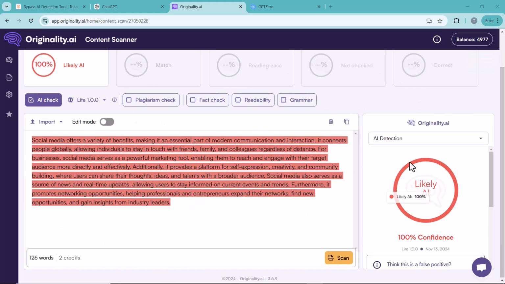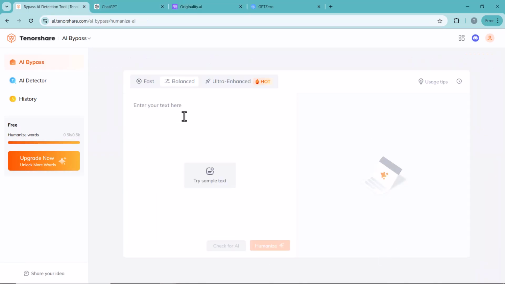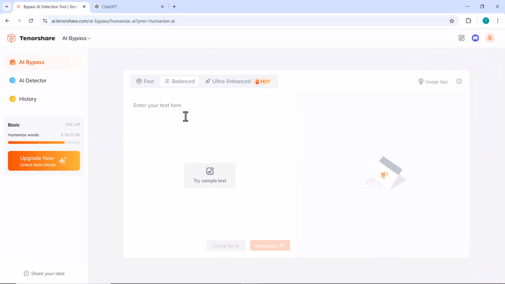After testing the content, we can see that it's flagged as 100% AI generated. This shows that the text is clearly detected as coming from an AI source. Now let's use the TenorShare AI Bypass tool to humanize this content and see how it performs after transformation.